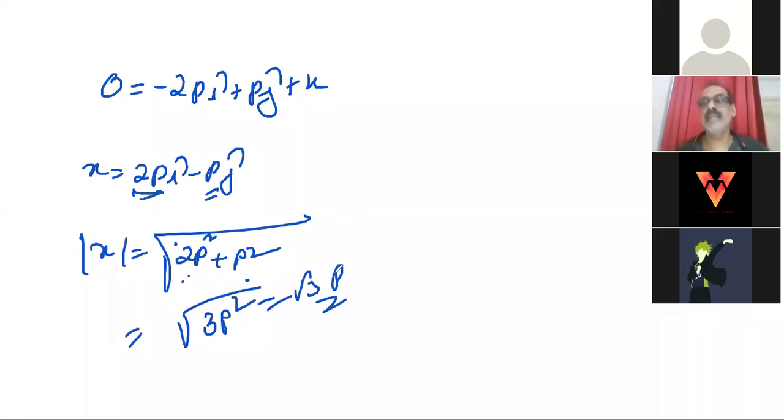Okay, sir. Is it clear? They have taken it this way, 2p squared they have taken. Because p is the only vector here, 2 is a number here. Twice the p. Oh, okay, sir. Now understood. So actually it should come 4p squared. Because it's anyway 2p value. If it is 2, this must be 4, right? 4p squared, but they took it as 2p squared. This is 3p squared. Like that a mistake happens there.